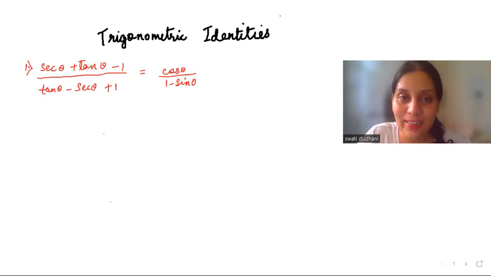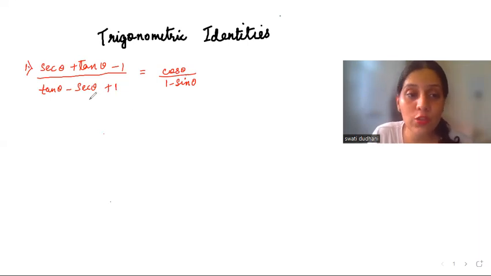Firstly, we have three identities, and if you observe, all three identities contain a square in them. So whenever you have a square, whenever you have an exponent, you will definitely come across these identities. Here in this question, I see that there is no square at all. Without any square, it's very difficult to use any identity. But since I see that everything is in tan and secant, I can use the tan and secant identity.